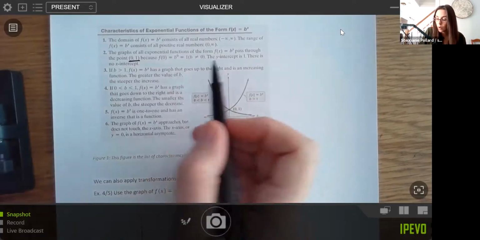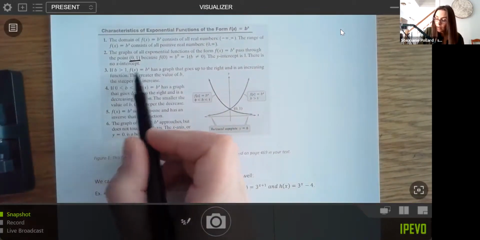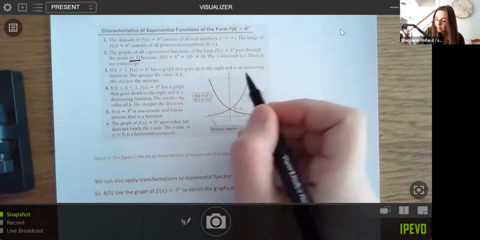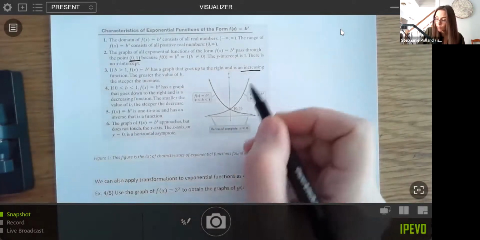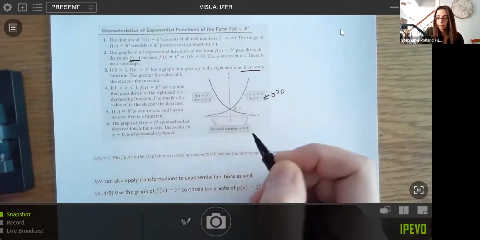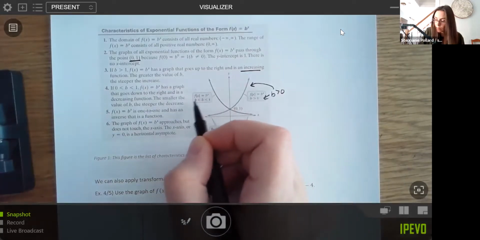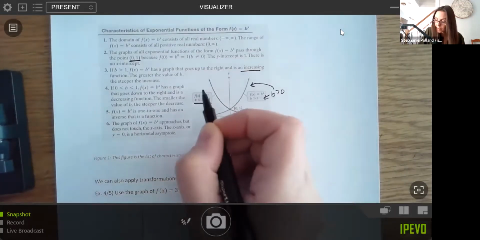And again, there are no x-intercepts. You're not going to touch that x-axis. If your b value is greater than 1, then you have a graph that is increasing, so it's going up to the right. It's this one right here. So here is where b is greater than 1, this graph. And then when your b is between 0 and 1, so you're looking at this graph, then you